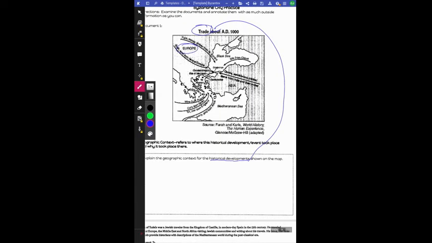Some things I'm going to notice are that here it says Europe on the map, here it says Asia, and this is the city of Constantinople. The arrows are showing me goods traded, like silk, furs, cork, and wine. So when it says explain the geographic context of the historical development in the map, what you are explaining is how did geography play a role in allowing so much trade? So you might say